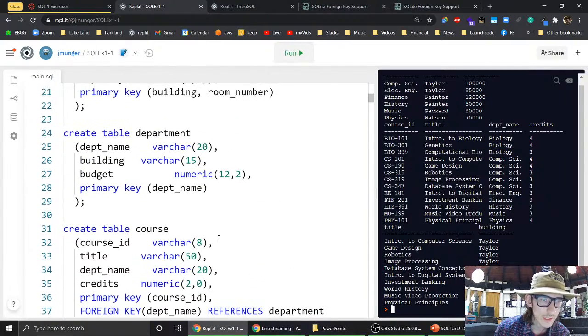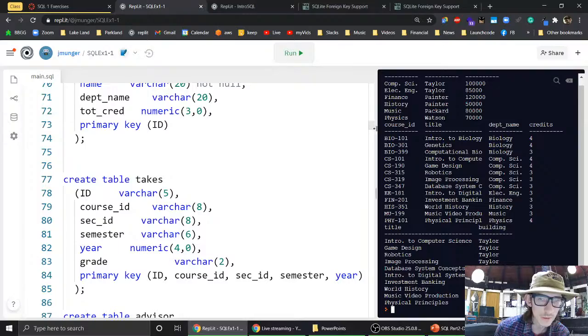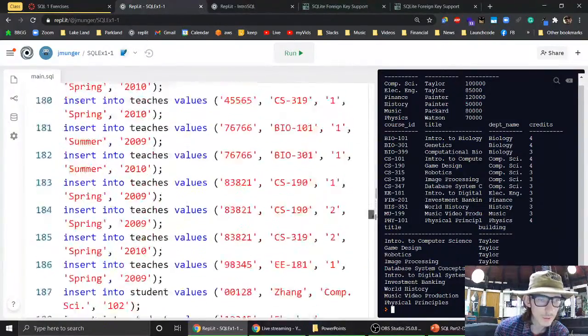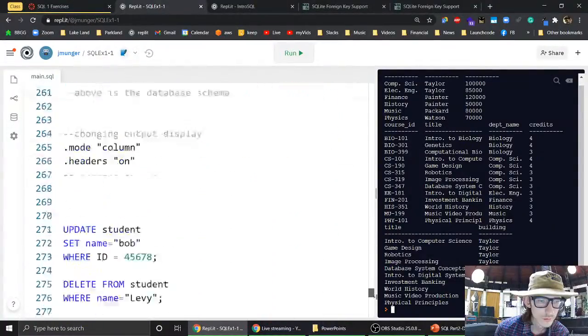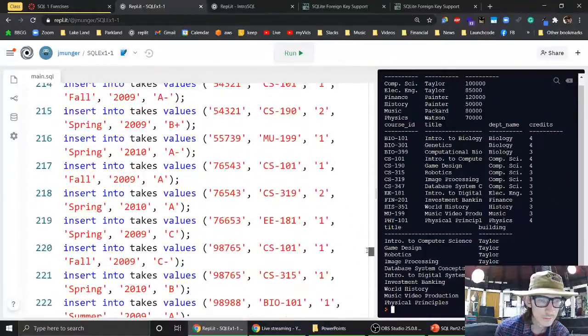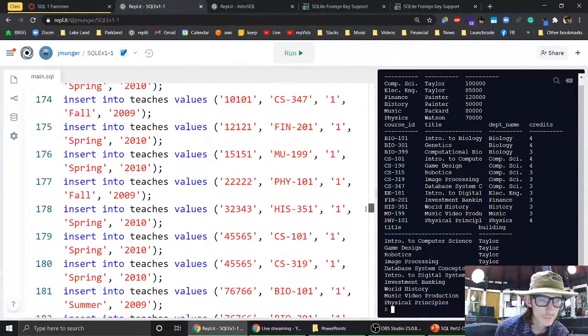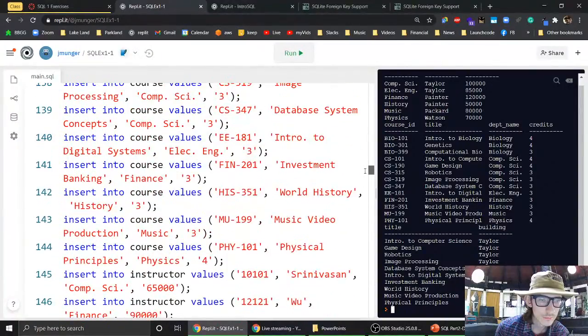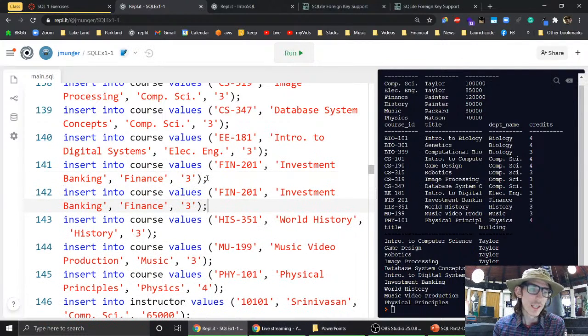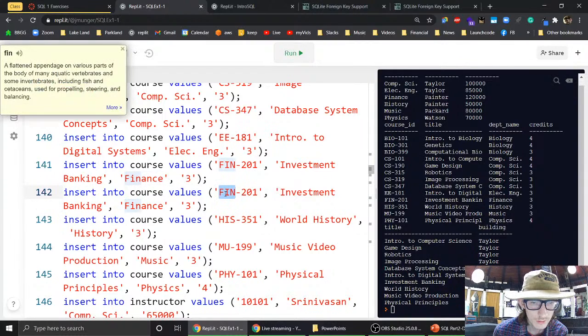So let's try inserting another department. No, we want to insert a new course. That's what we want. So we'll go to insert course. Time slot, takes, student, teaches, section, and course. Okay. So we'll add another record in here. And we'll try to use a department that doesn't exist. So instead of finance, we'll do